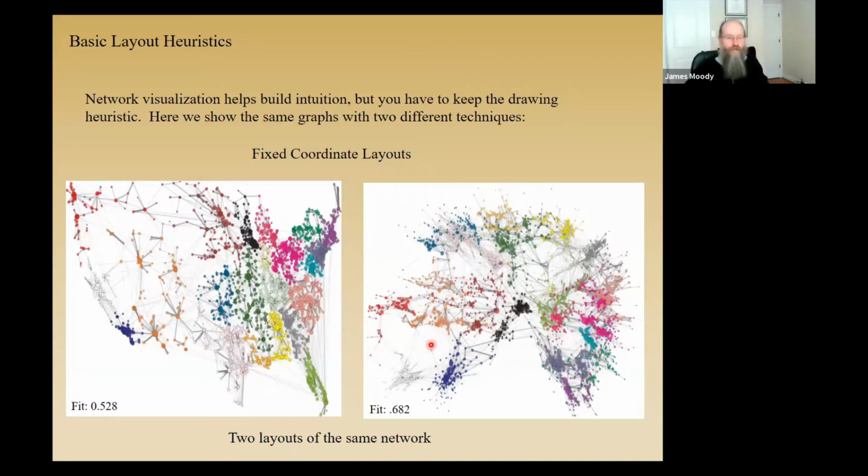Now, I've added something here that you're going to notice in the rest of the visualization slides, which is this fit statistic. The fit statistic is the correlation between the distance between the points on the screen and the number of hops I would have to take through the network to link those two nodes together. And so a good space-based fit should have a high correlation. I should be able to correlate the screen distance with the social distance, and it should be really high. And so this fits better, right? So this network is a better mathematical fit to the distance distribution in the data,